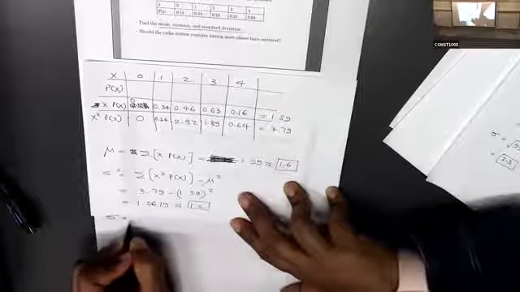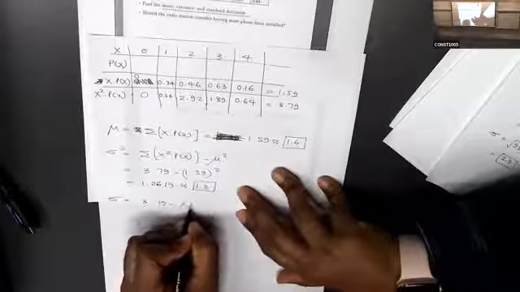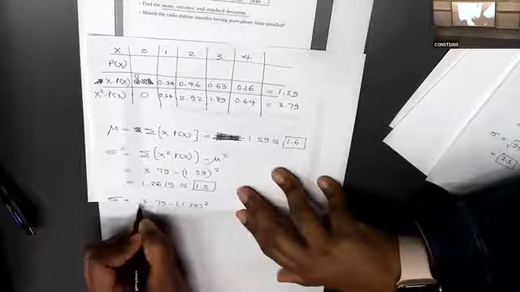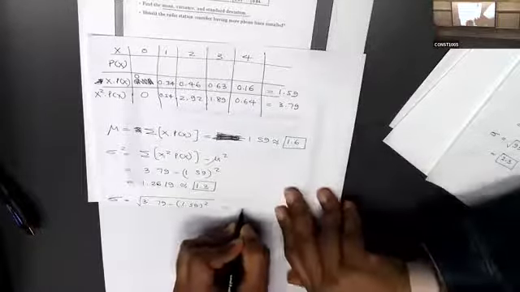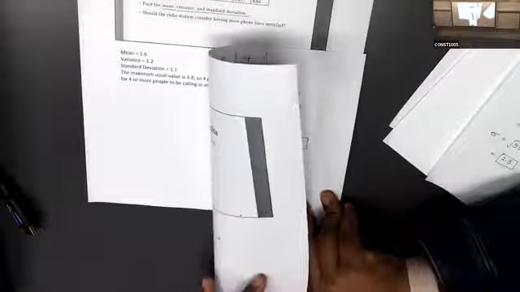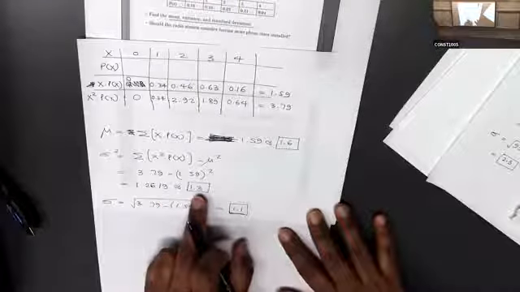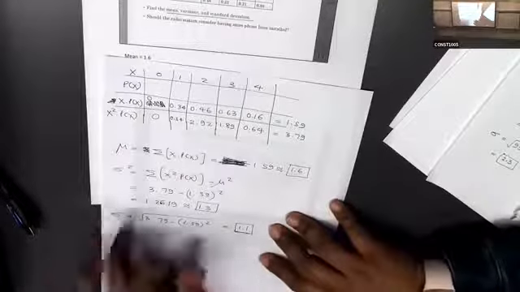The standard deviation means you have to take the square root of this part. So it will be 1.1. It's 1.1. But here I don't know why I wrote this, but check, okay? According to your answer, you have to round. But here we have 1.26, that's why I rounded it up to 1.3. Okay, now we have mean, standard deviation and variance.